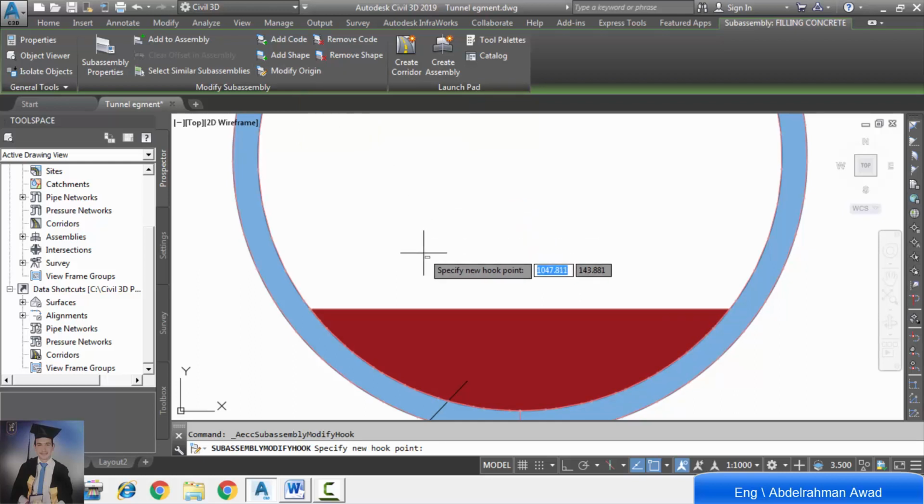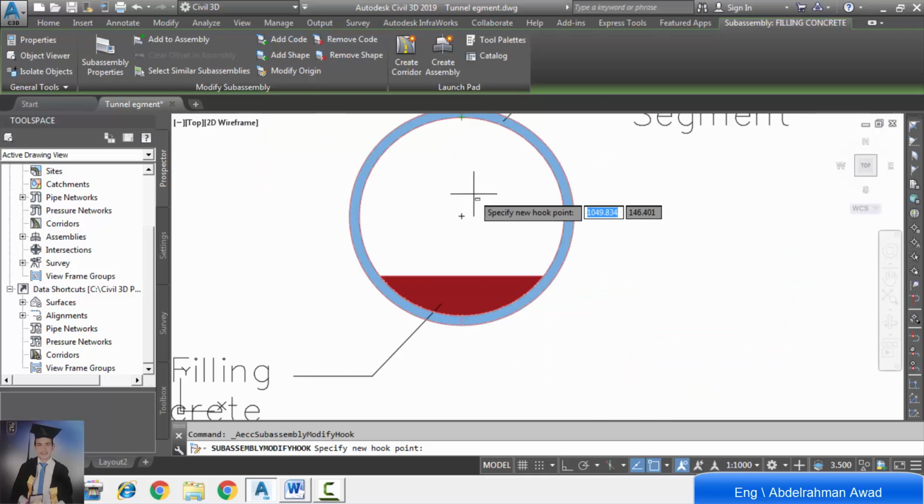We will click on the circular center line, which is this. So the origin of filling concrete is transformed from this point to the circle center, and we will do the same for the other polylines, which are the right half circular segment and the left half circular segment.